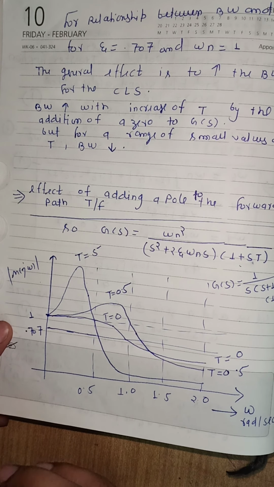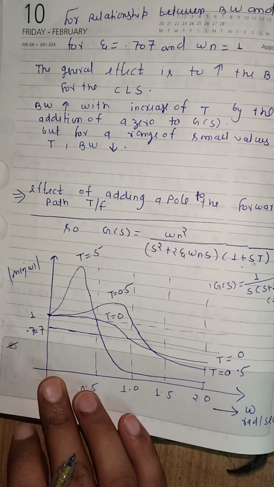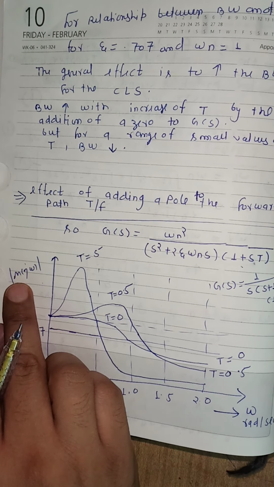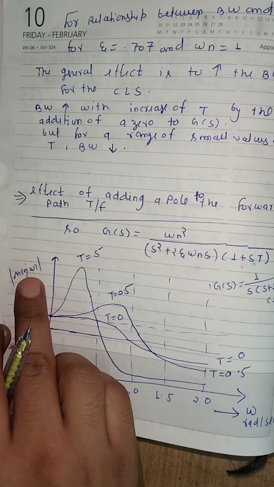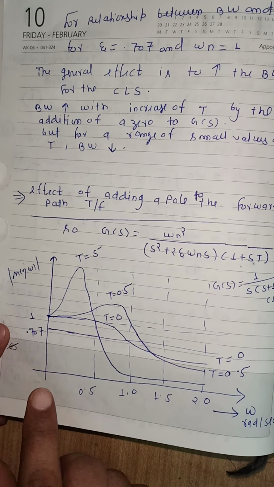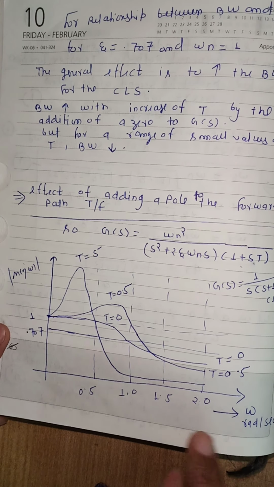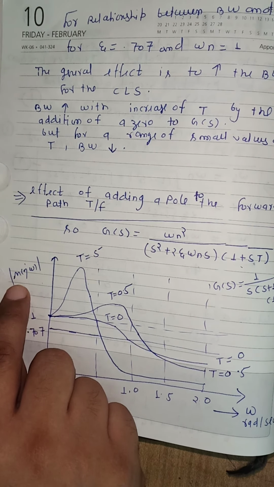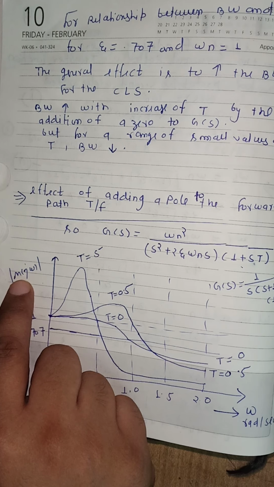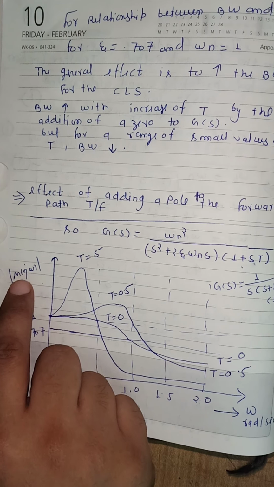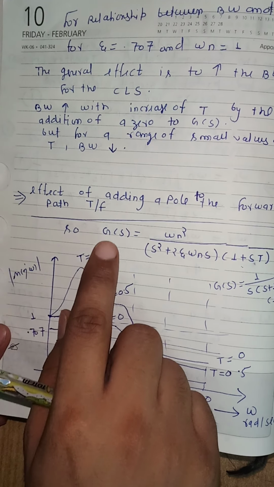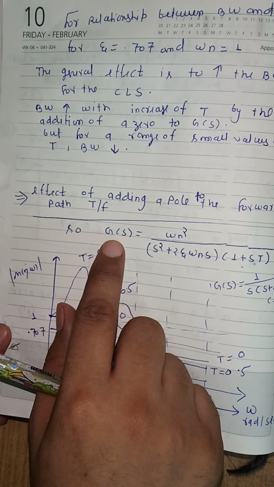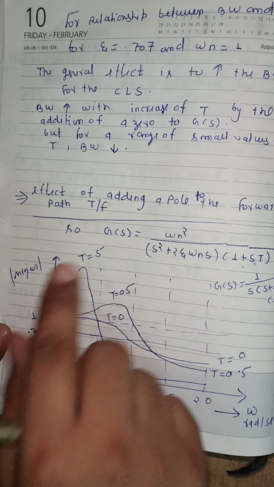We can define the bandwidth for the system according to the magnitude plot. So the diagram will define a plot of magnitude of M(j omega) versus omega. Here we are taking omega on the horizontal scale, and on the vertical scale we are taking the magnitude of M(j omega). And you know what M(j omega) is? It is the equivalent sinusoidal closed loop transfer function. We can calculate the closed loop transfer function according to G(s) with the help of the relation G(s) divided by 1 plus G(s).